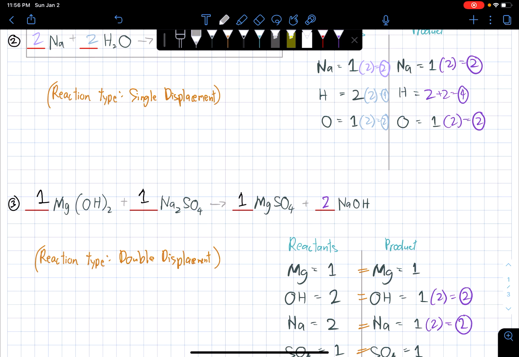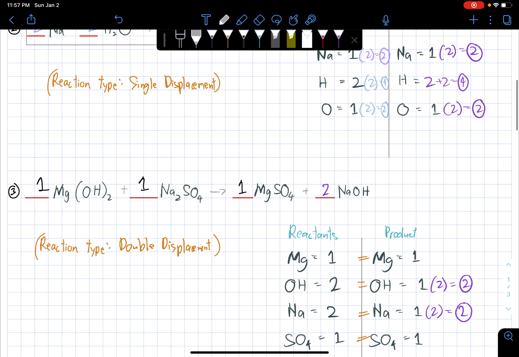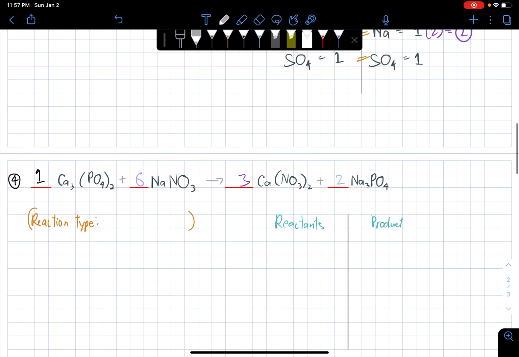You might ask why. Mg used to hang out with OH sub 2. I mean, open parenthesis OH, close parenthesis, sub 2. Magnesium used to hang out with that, and now magnesium hangs out with SO sub 4, which used to hang out with sodium in the first place. So yeah, two chemicals swap each partner. For number 4,